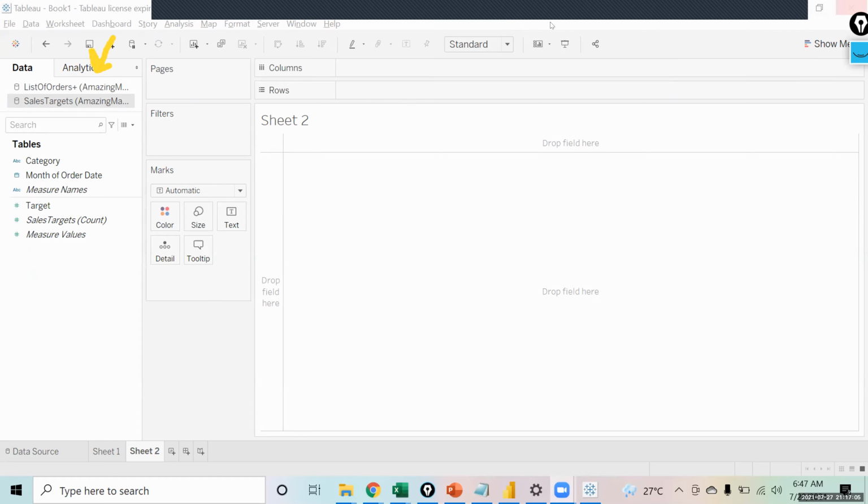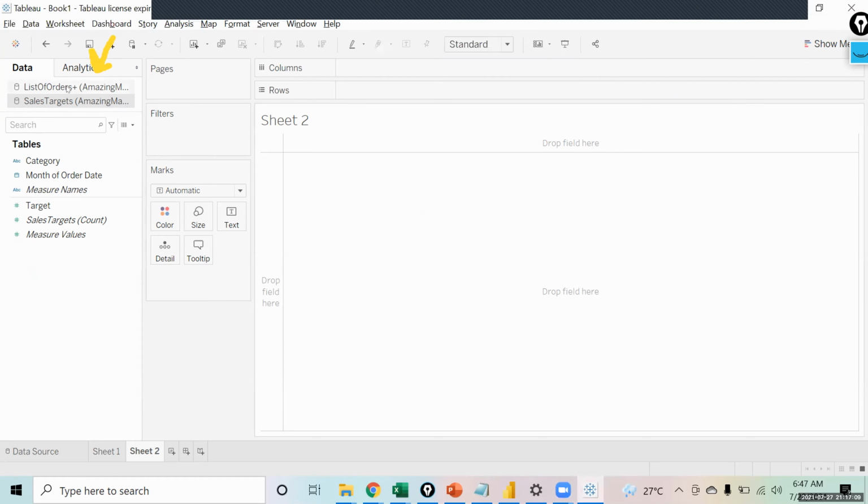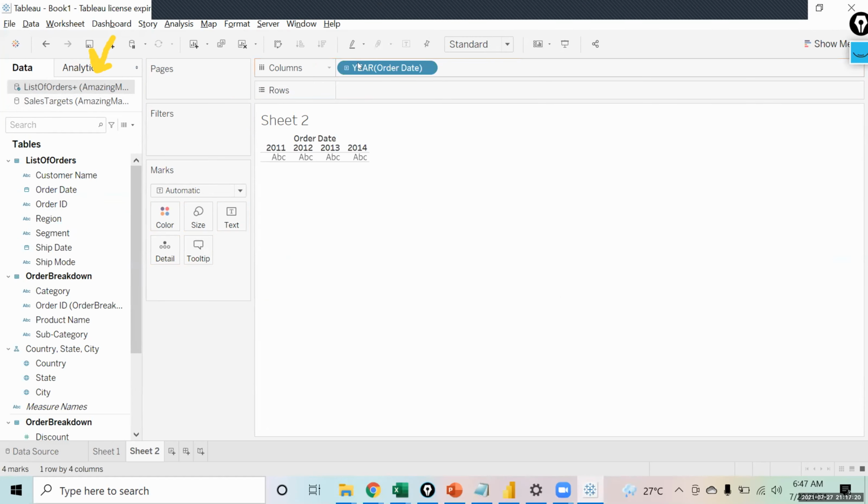So how do you decide what will be a primary data source and secondary data source? It's very simple. Whichever source you drag the field from first. Suppose I drag order date from here. You will observe that the first source has now become the primary data source, and the other one will become secondary by default.